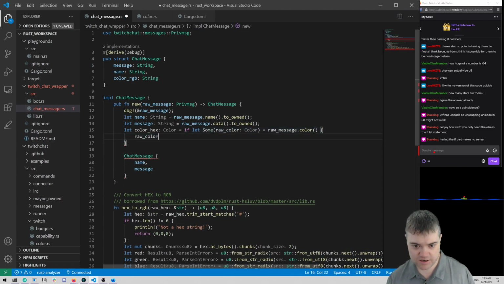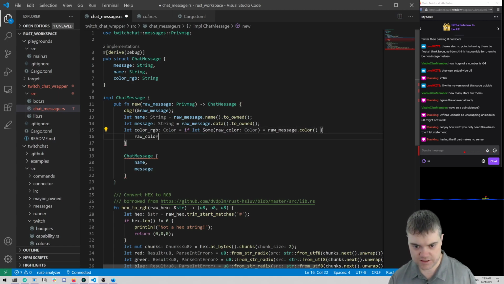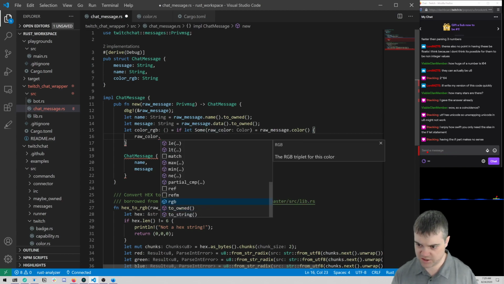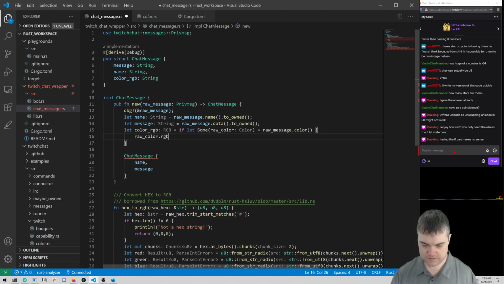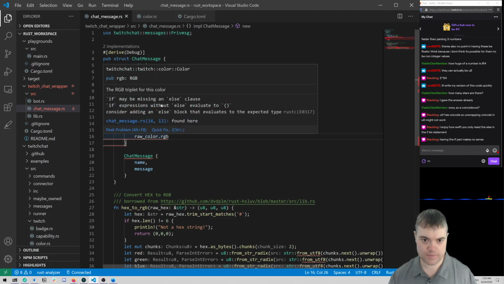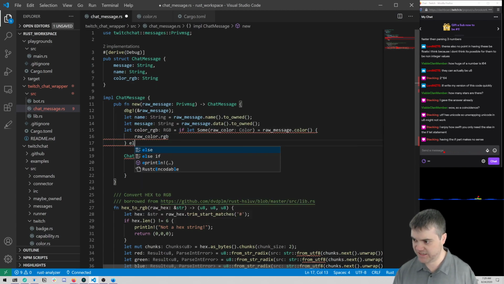If the color is here, I want color RGB equals raw color dot RGB. Else. So it needs an else. Having the if part makes no sense.